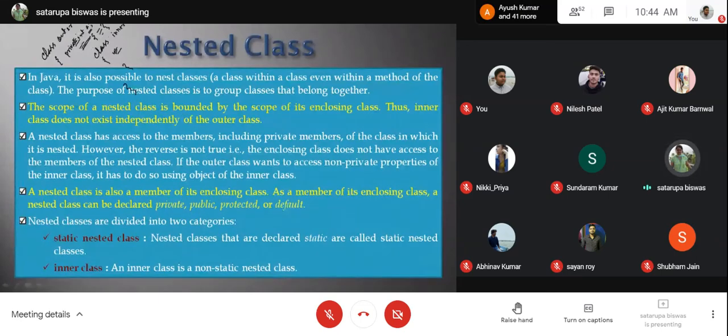So here are the restrictions. A nested class has access to the members, including private members, of the class in which it is nested. So the inner class has all the privilege to access every kind of member of the outer class directly. However, the reverse is not true. The enclosing class does not have access to the members of the nested class.